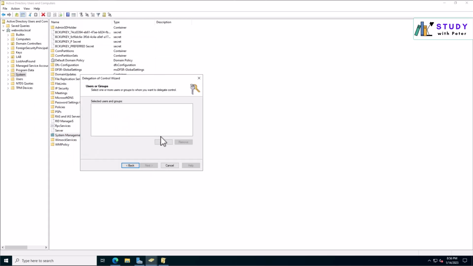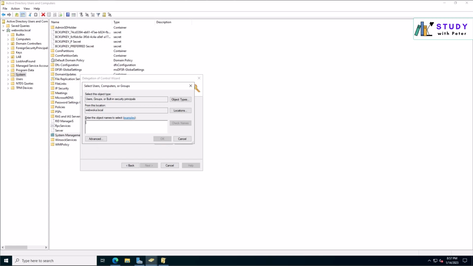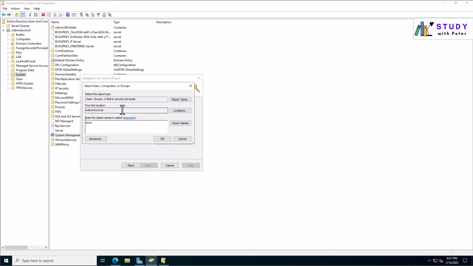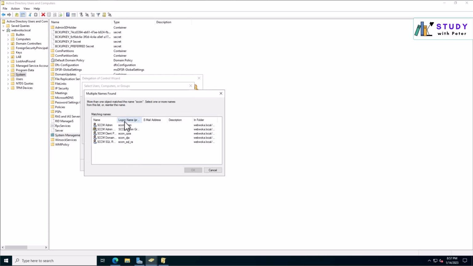Next. Now we wanted to add this computer, which is the SCCM computer. Please remember right here, we don't have the object type. So we need to click on object type. Make sure that we select computer. Let me show you what happens when you don't do this. If you click on check name,